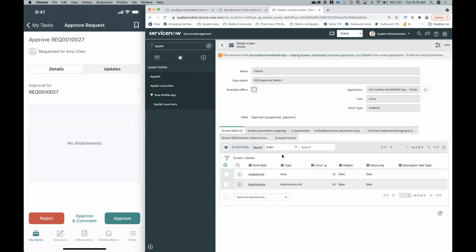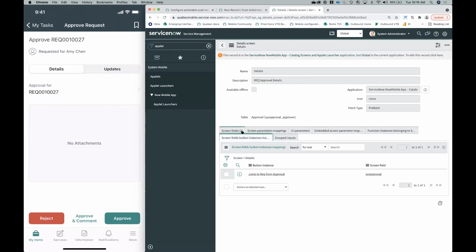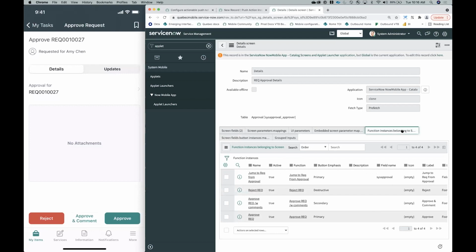And in these details, if you click on function instances belonging to screen, function instances just means action location, right? Button location. And I know that there's buttons here on this screen. And here is my approve request and reject request. So if I open up this record,